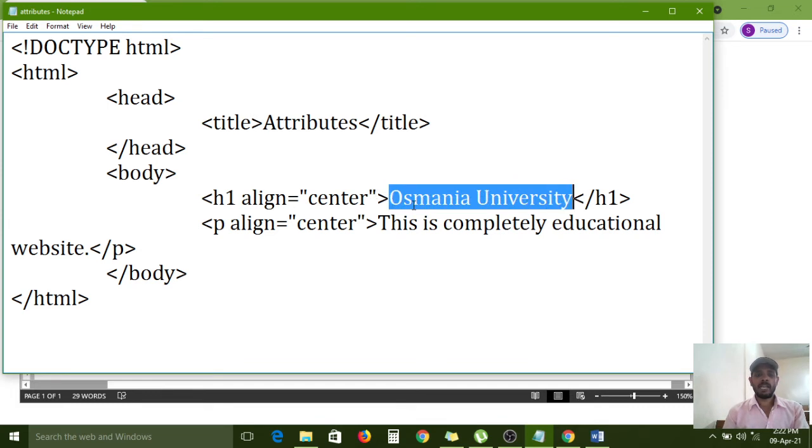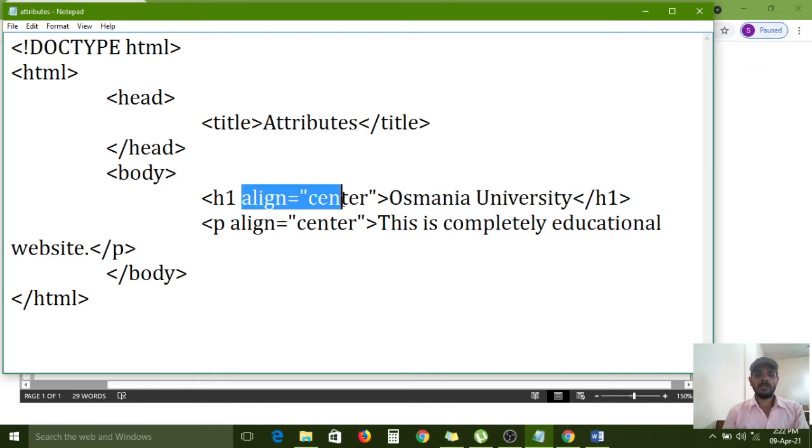So if you want to do anything based on this tag, that information we need to give in attribute and value format. Understand? Like that.